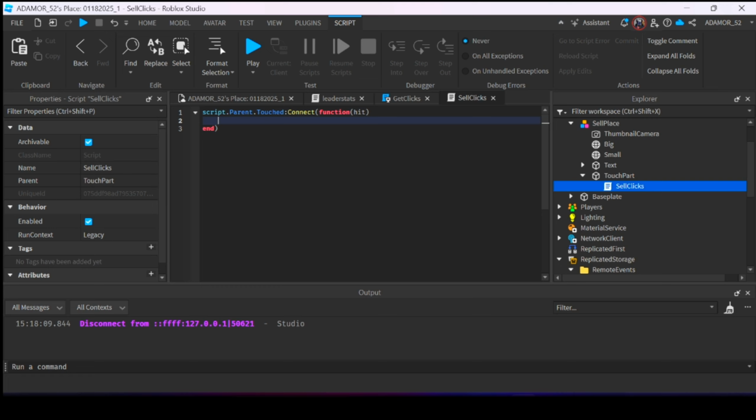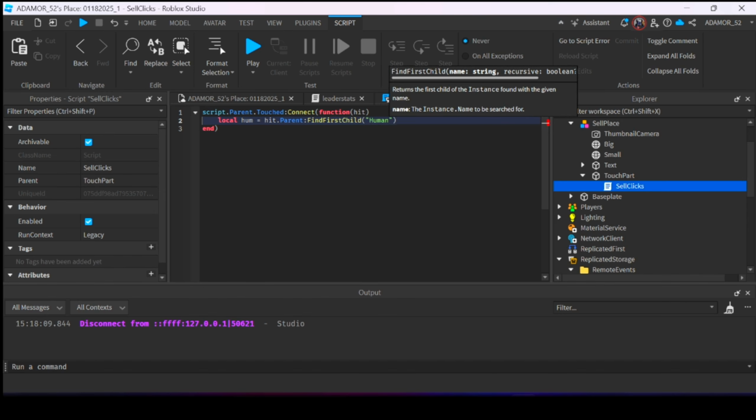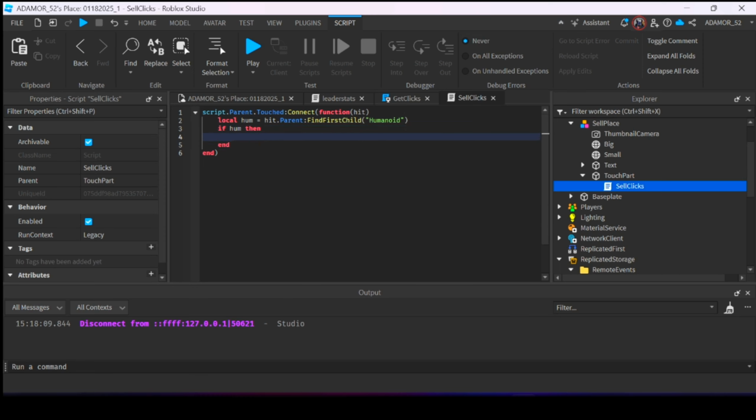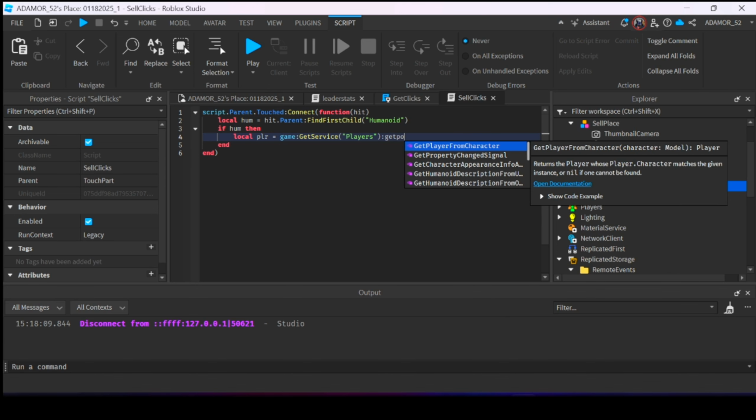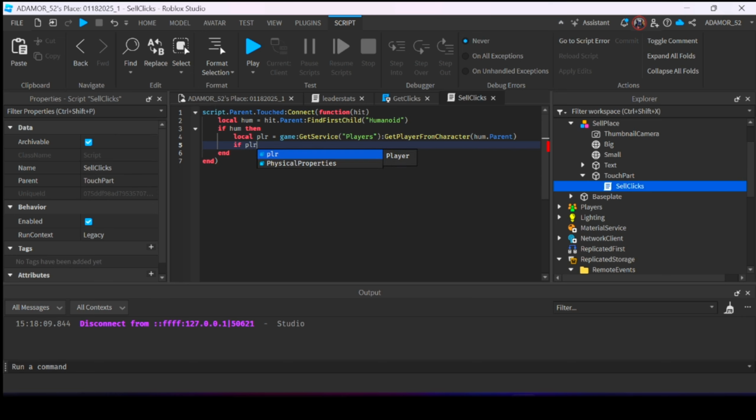So how are we going to do that? We are going to first get the humanoid. So local humanoid equals hit.Parent:FindFirstChild("Humanoid"). And then if humanoid then, so if something touches it and that something has a humanoid, then we can check if that humanoid is from a player. So local plr equals game:GetService("Players"):GetPlayerFromCharacter(humanoid.Parent). If player, then